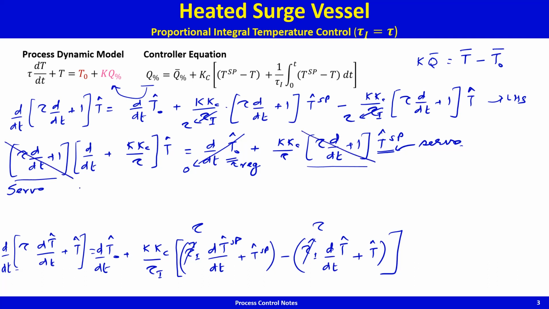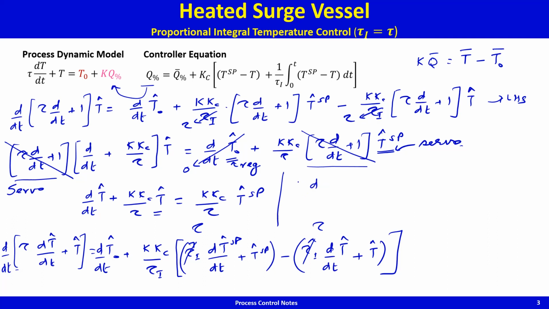And then what you get for the servo response is d by dt of t tilde plus k kc by tau times t tilde is equal to k kc by tau into t tilde set point. Multiply by, make the coefficient of t tilde 1, and so what that gives is